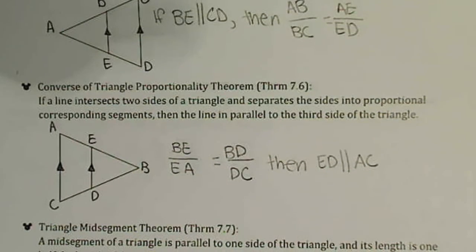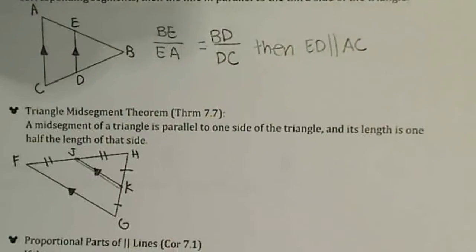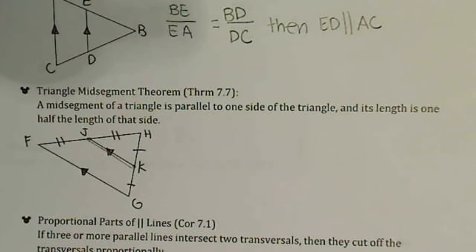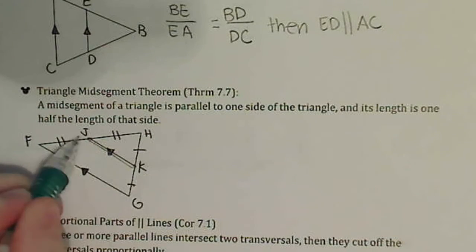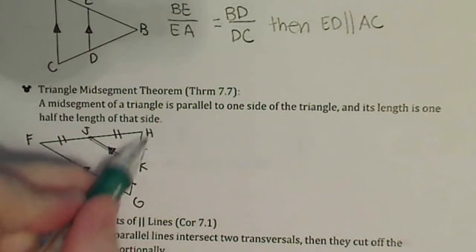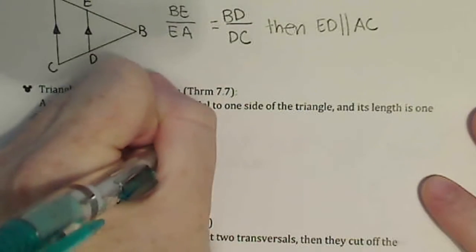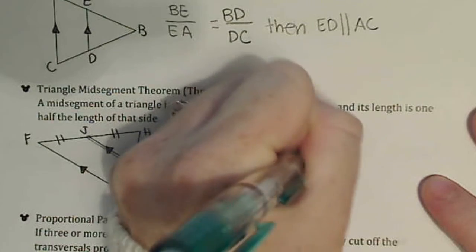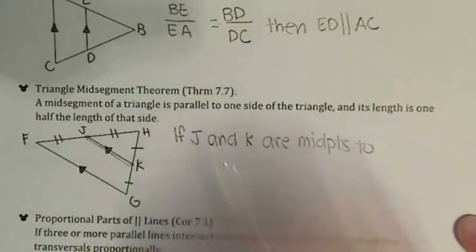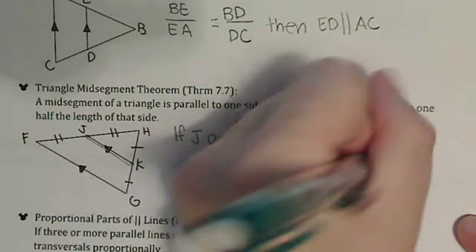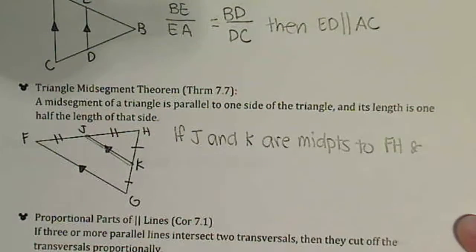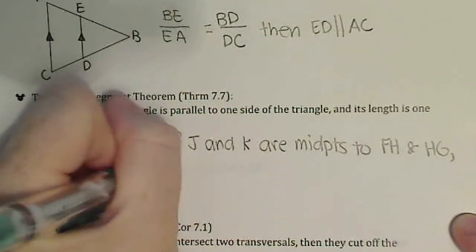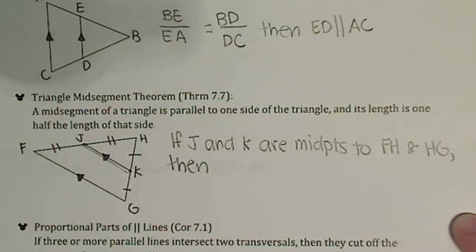This third theorem that we're going to talk about is called mid-segment. So it's kind of like midpoint. What you have is a mid-segment of a triangle, which means J and K have to be midpoints of these sides. So if J and K are midpoints to FH and this side over here, HG, then what that creates,